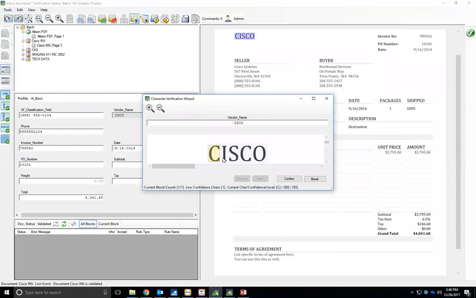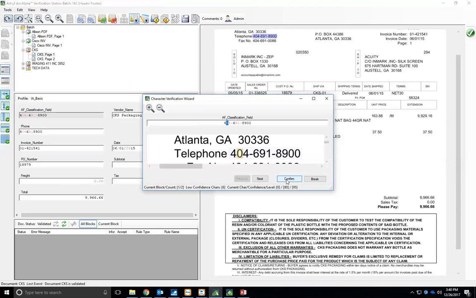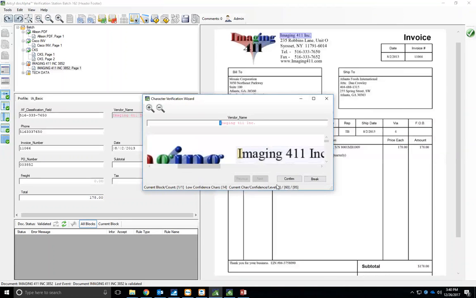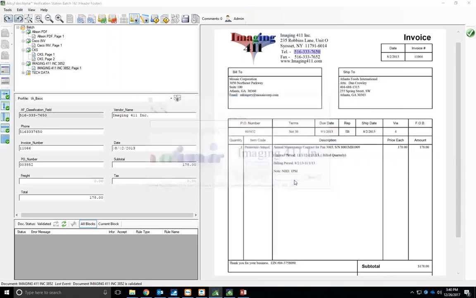So the software wasn't sure that the letter C in Cisco was in fact a C. And if you look at this little outtake right here, the C is a C, and all the operator has to do is click confirm, and then it moves to the next character that it's unsure of. In this case, it's a 0 in the 404. We'll just click confirm, and then there's another one, confirm, and then the I in the word imaging, confirm. And if you notice along the top here, we're now through 4 invoices, and that confirmation is complete,